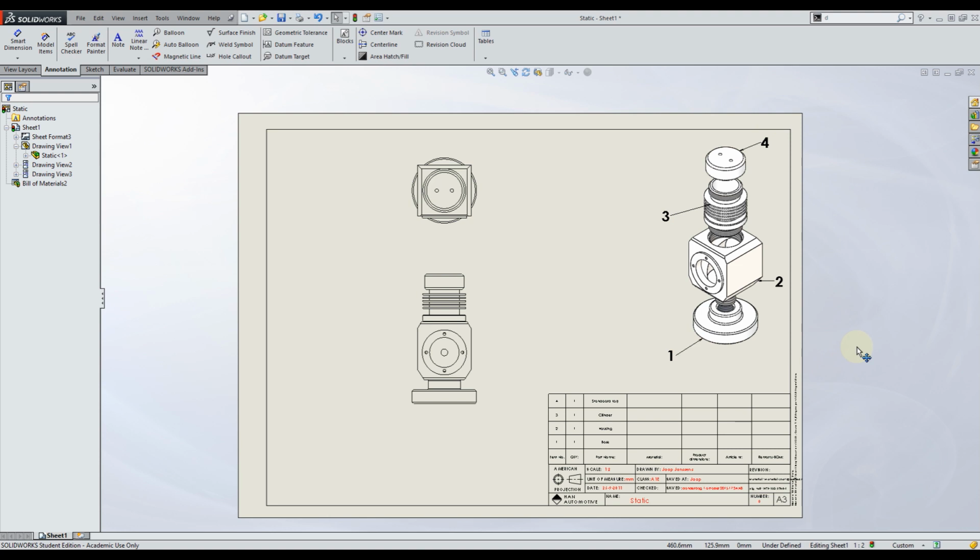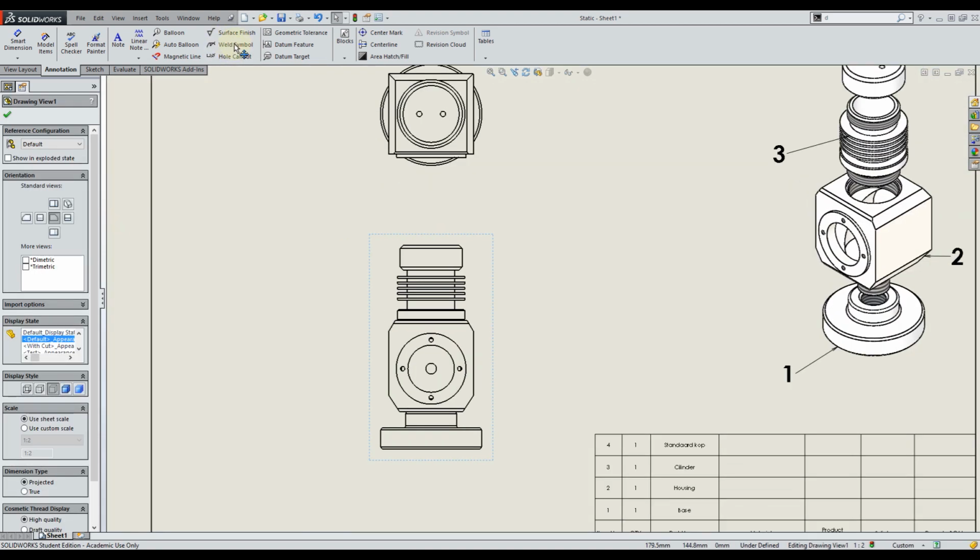Now the last thing I want to show you is how to add weld symbols. Let's say we have a couple of separate parts that need to be welded together. So let's say we would like to add a weld. In this case it's screwed together, so it's not the best example, but I just want to show you how to add a weld symbol so you know where the option actually is. So we're going to zoom in a little bit to this part, and in the top corner here you see the weld symbol option. So if we click on this,